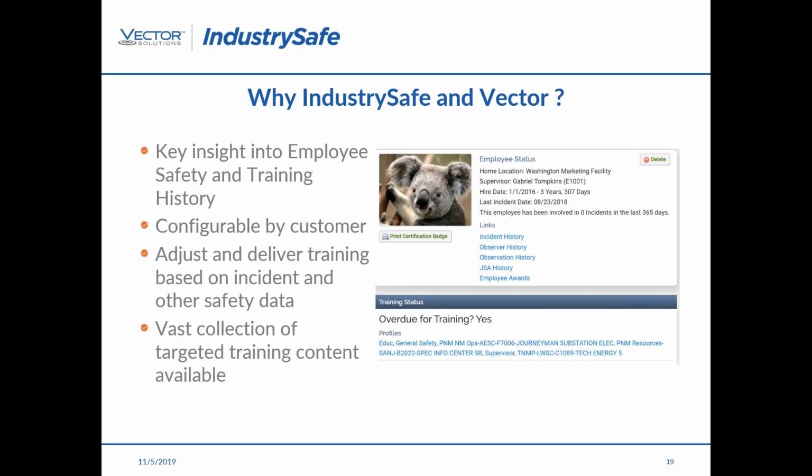This is just an example of a screenshot that we have in Industry Safe. But you can see that in Industry Safe, for example, you can look at an employee safety and training history side by side. You can look at their incident history. You can look at a whole bunch of other components. With Industry Safe, everyone is going to do incident record keeping and training a little bit different. You want to be able to adjust